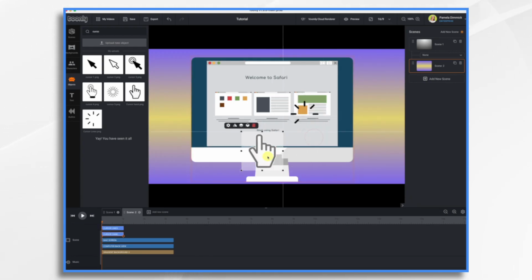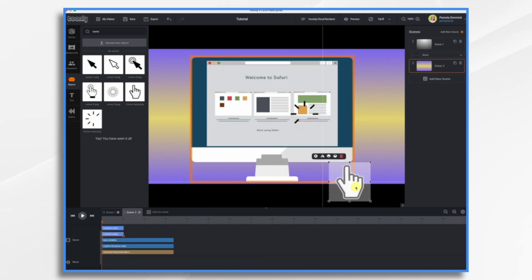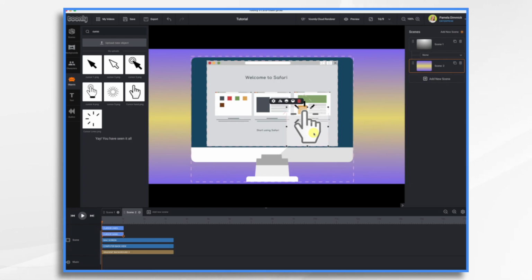Now I want this hand to move independently. I want it to probably come from like here and move up here. So how do I do that? First thing is I want to go ahead and click its gear icon, turn in and out to instant, and then I'm going to copy and paste this. So Control or Command C to copy, Control or Command V to paste. So now I have two,